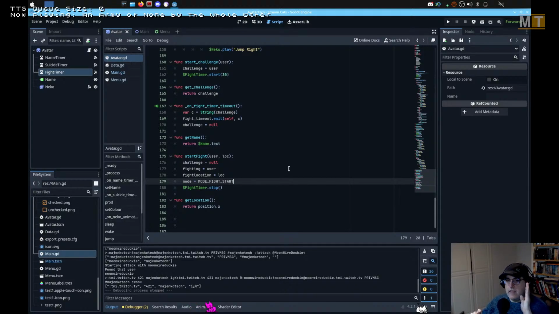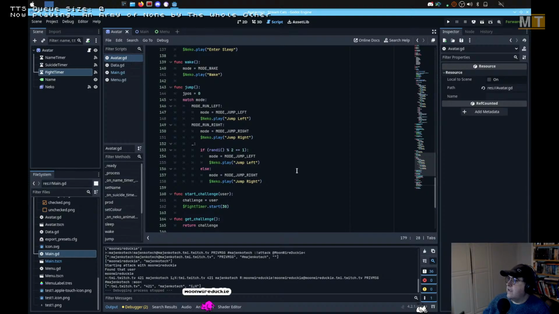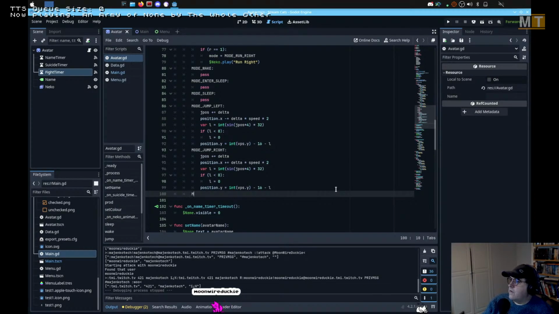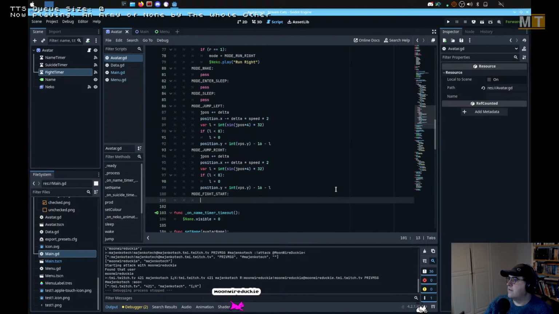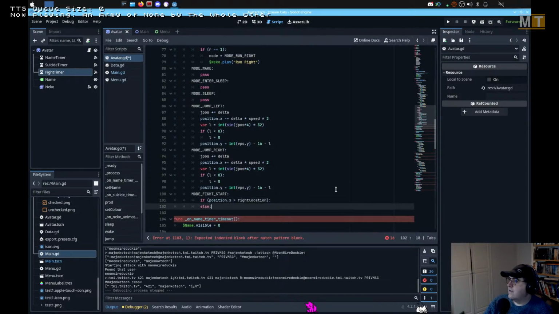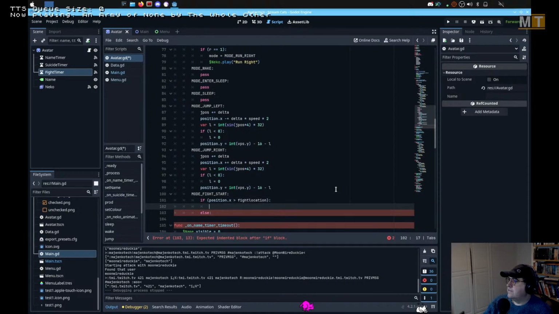Theoretically, no, because I have the midpoint, which is where the fight's going to take place, and their current location. And if their current location is less than the midpoint, then they need to walk right. If it's greater than the midpoint, they need to walk left. So they don't need to have a direction as such. You can calculate that on the fly. So mode, fight, start. If position X is greater than fight location, position X